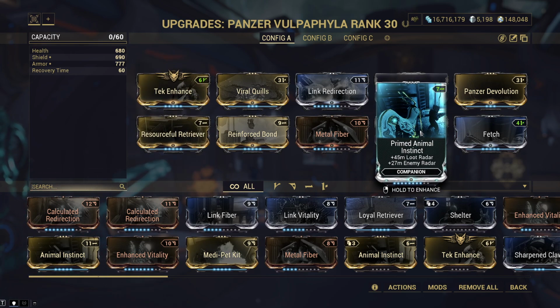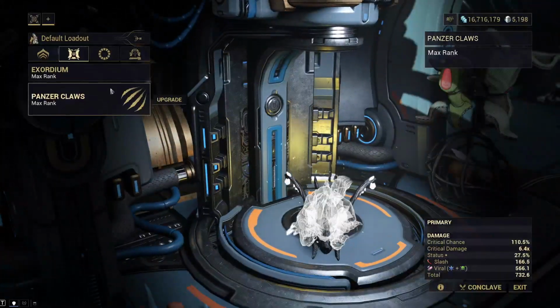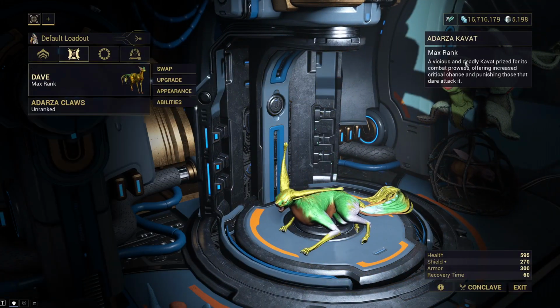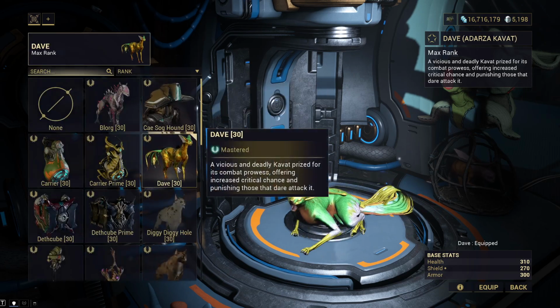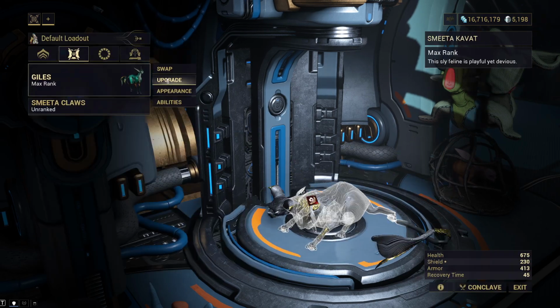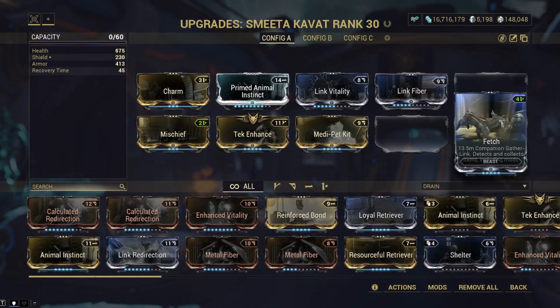Animal Instinct is good. I need to upgrade that some more to max it out. But you want the Loot Radar, so you can see loot boxes on the map. You can use basically any pet for this. Another good pet is the Smeeta... No, that's the Adazra one. I don't know where my Smeeta is. Giles. This is the pet that used to have...